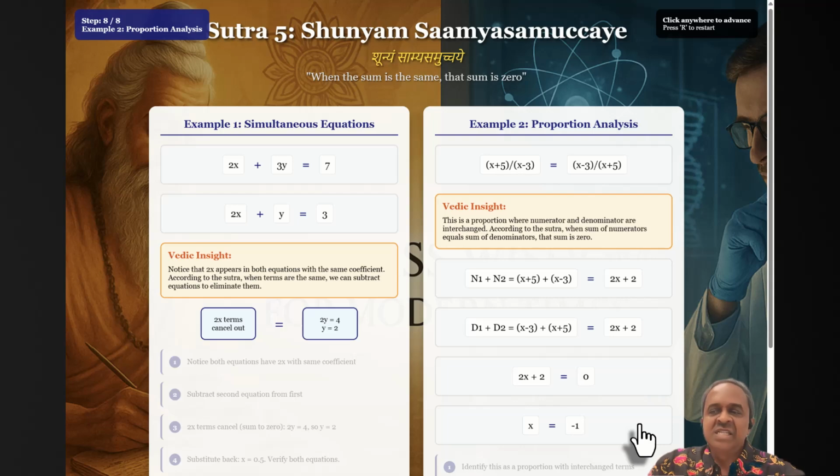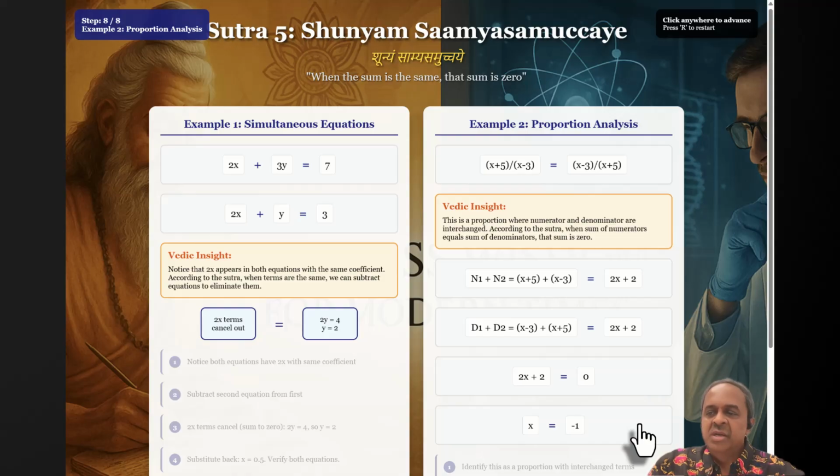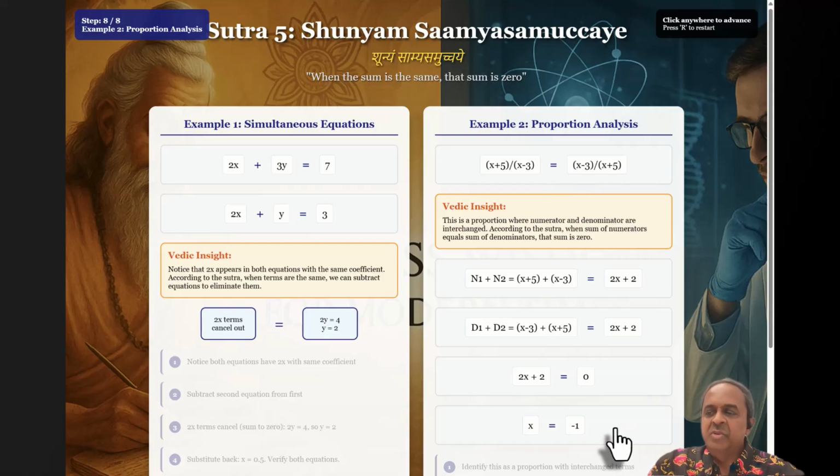This sutra teaches us to look for sameness and balance in mathematical relationships, offering an elegant alternative to conventional algebraic approaches. As we have seen, the authentic Vedic method for solving proportions is particularly elegant, focusing on the relationship between